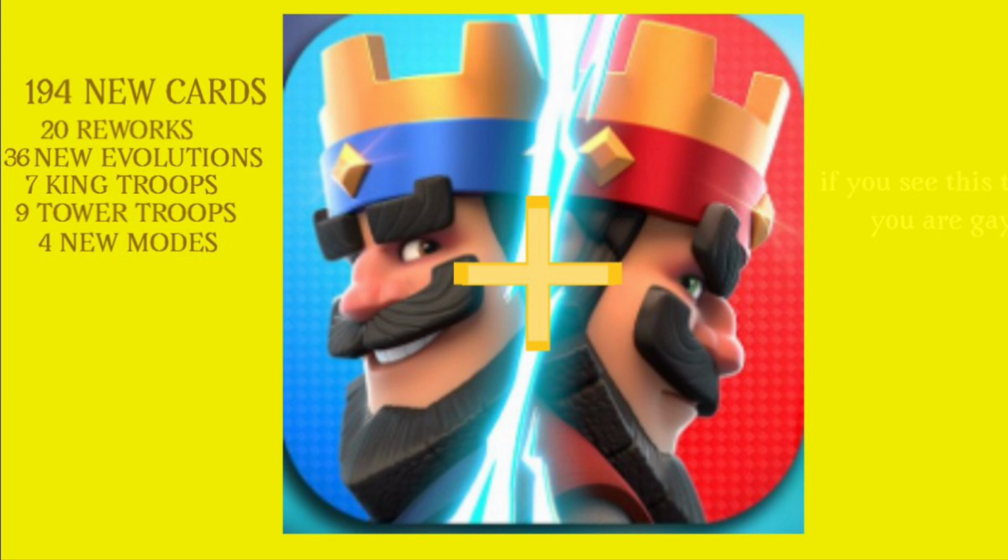Batflock, 4 elixir. A group of 20 bats at once. The Wise Wizard, 7 elixir. A wizard with gray hair and purplish hood who has a short range but throws magic that does big damage